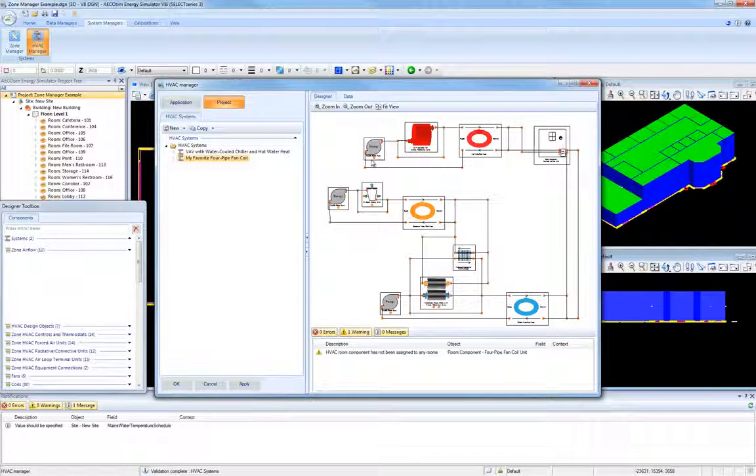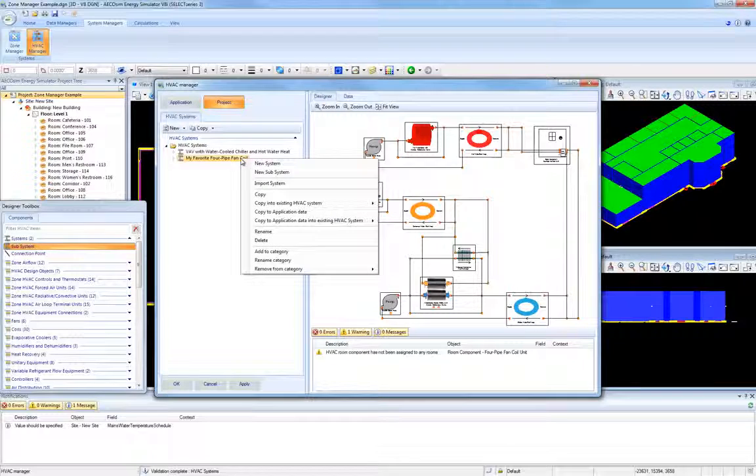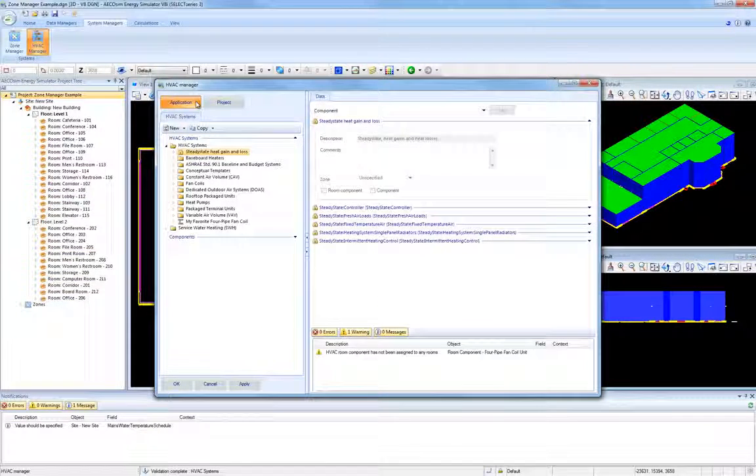And assume that I make other input value changes, but I want to save it back to the library or application side for use on a future project. So I simply right-click and select Copy to Application Data. And then that system is over here on the application side and can be used on the current project or on future projects because it is in the library.